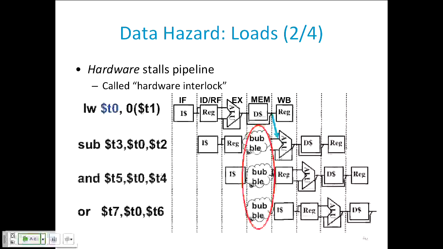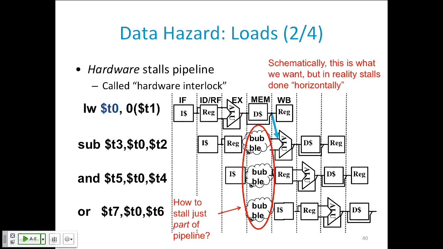Right, so then this is showing the actual bypassing path from the output of the memory to the input of the ALU. Right? So now one issue here is how does this stall actually happen? Well, it kind of is what you draw sometimes, but the way it really happens is